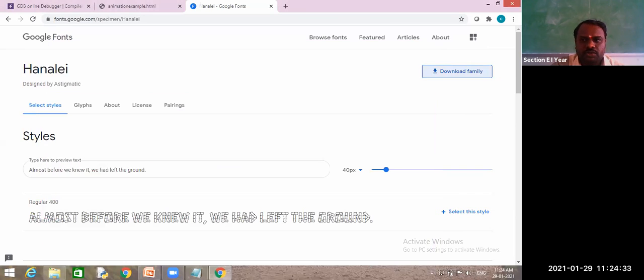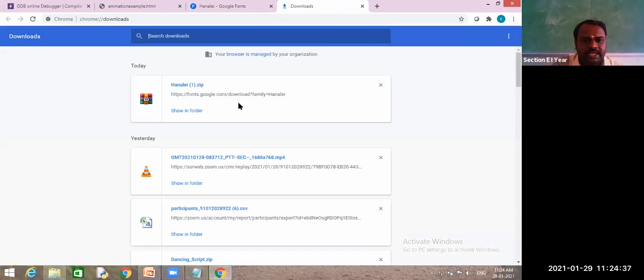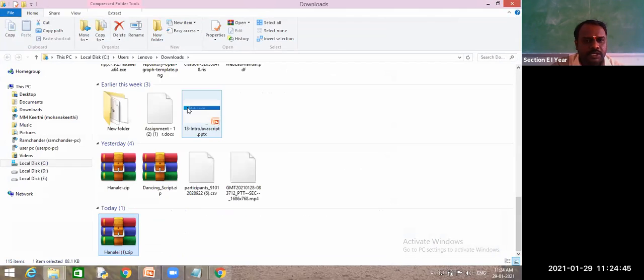I will show you where you can find it. When you click on downloads, here you can see that the file is downloaded. When you click on show in folder, you can see that font at this place. Just cut this one. Did you understand up to this point?